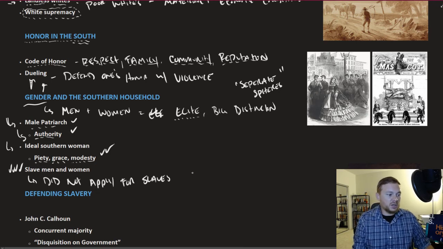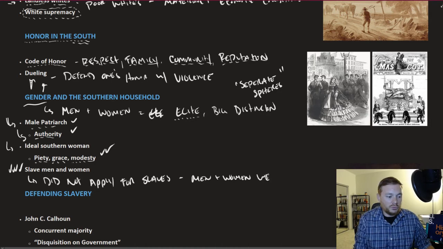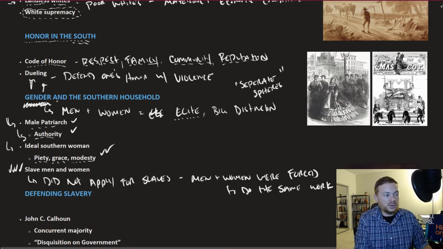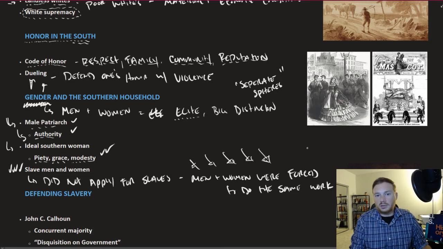And what I mean by this did not apply was that men and women who were slaves were forced to do the same work. In fact, an interesting thing is that once slavery is abolished after the Civil War in 1865, what you actually see in a lot of the families who had formerly been enslaved was you do begin to see a more gendered breakdown of duties and responsibilities. But in the slave system, those families, those men and women were denied their roles by their slave masters, who forced men and women to do the same tasks, same work out in the cotton fields.